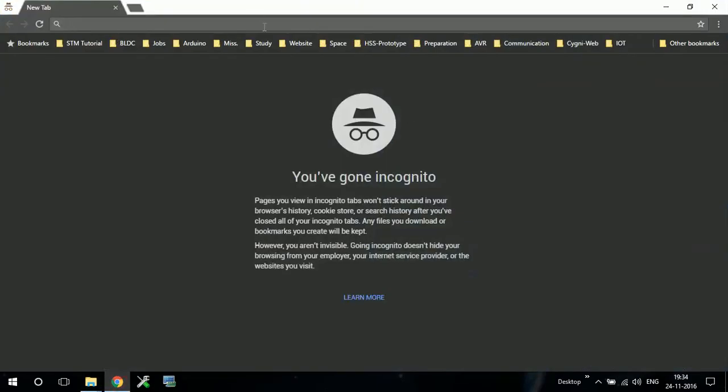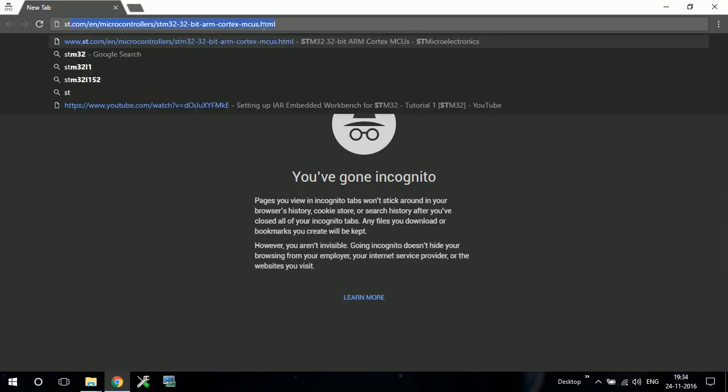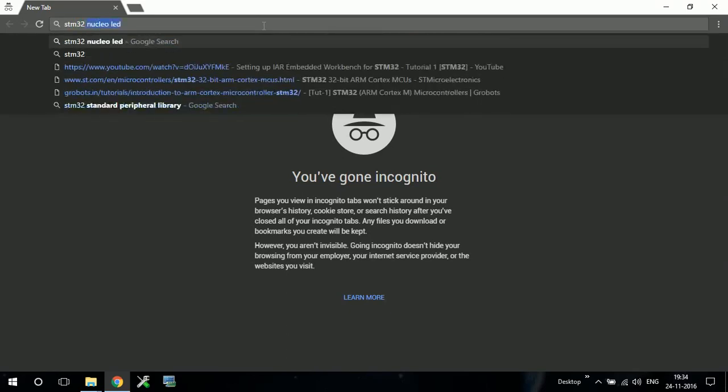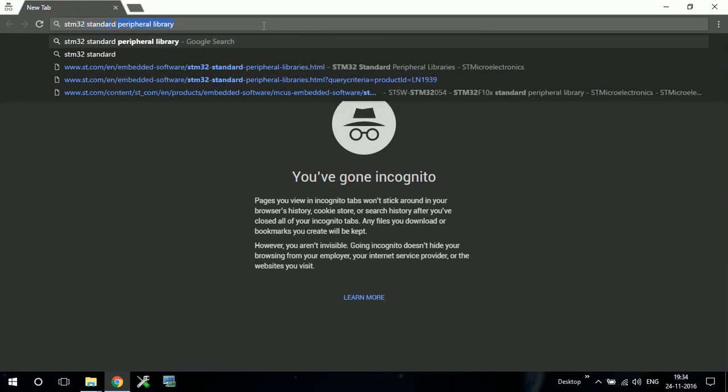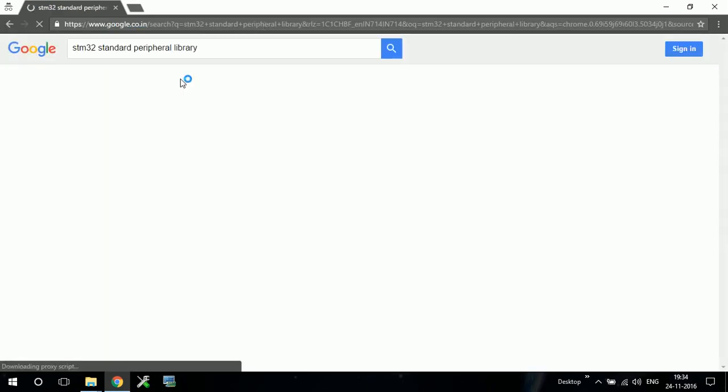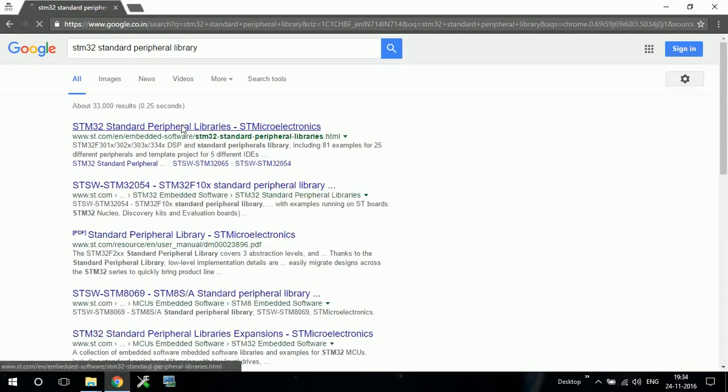Let me download the peripheral driver. So what I will write is STM32 standard peripheral libraries. I'll go to this link.